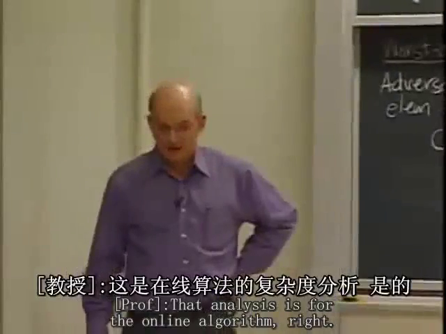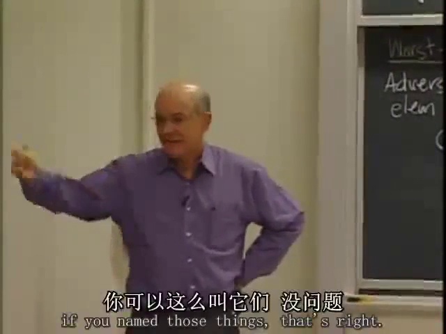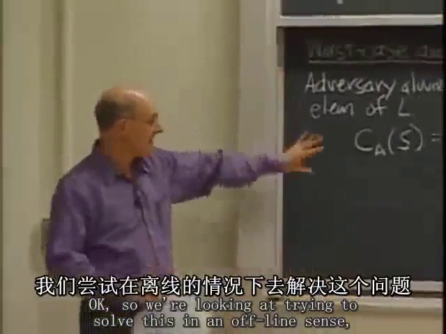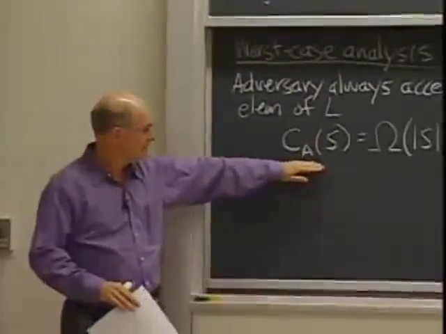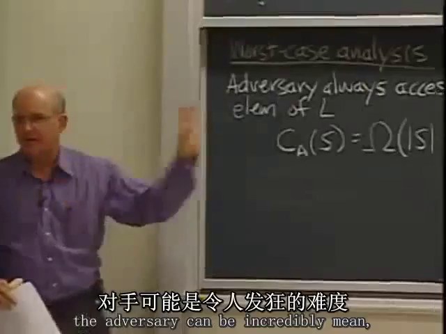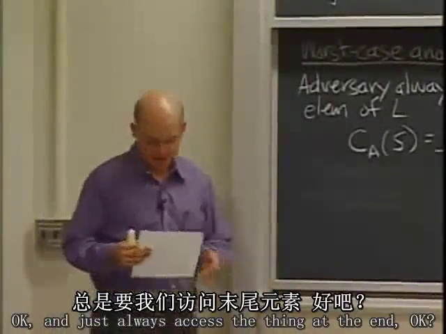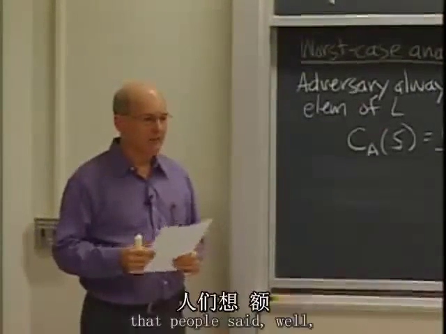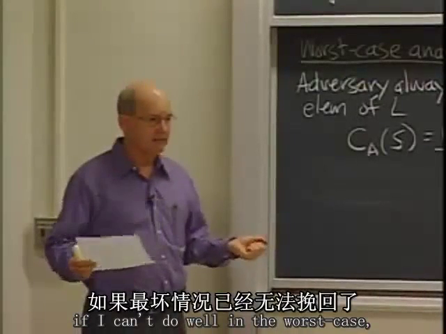Question: that holds for the online algorithm, right? Right, the online algorithm, not the offline one. So we're looking at trying to solve this in an online sense. And the point is that for the online algorithm, the adversary can be incredibly mean and just always access the thing at the end. So the history of this problem is that people said, well, if I can't do well in the worst case,